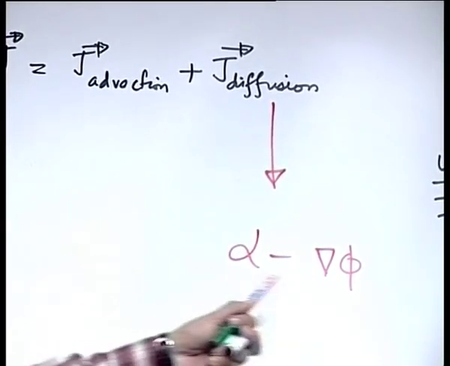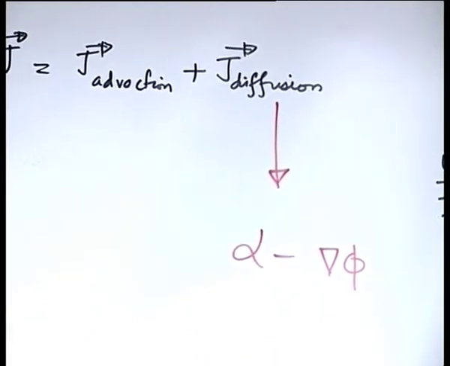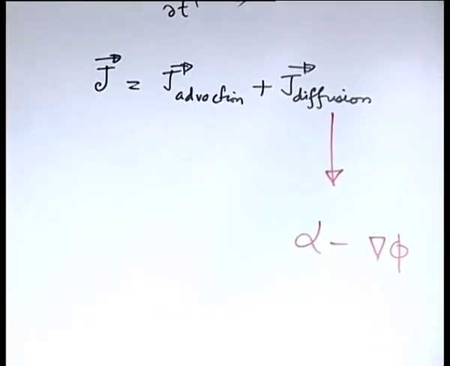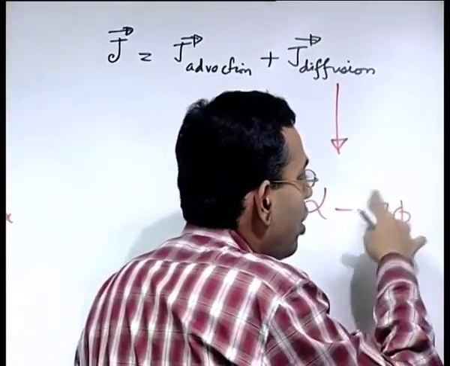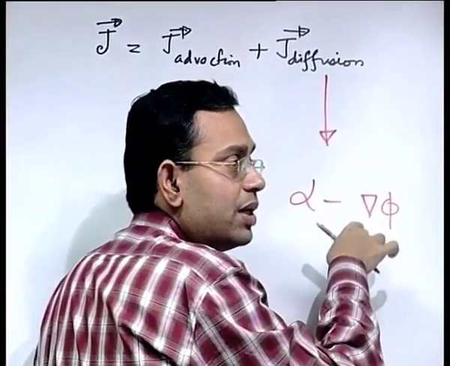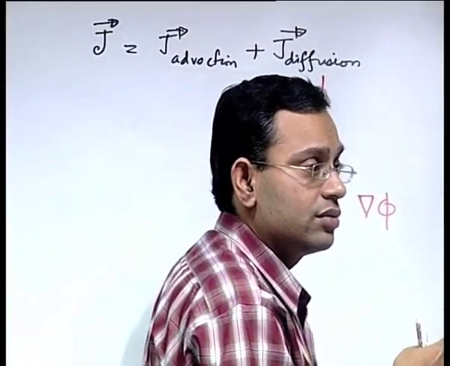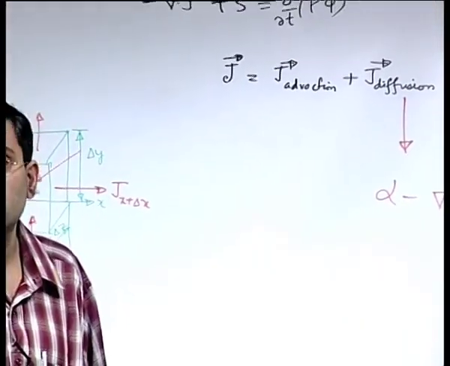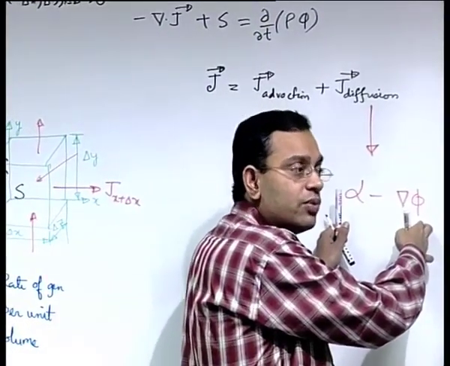Remember, phi is the scalar quantity that we were considering, just like temperature or one component of the velocity. It is any scalar quantity per unit mass that is being transported. So, the diffusion flux is proportional to the negative of the gradient of the particular variable which is being transported. This is a constitutive law, just like Fourier's law of heat conduction or Newton's law of viscosity. This is a general way of expressing all those laws in a common framework.